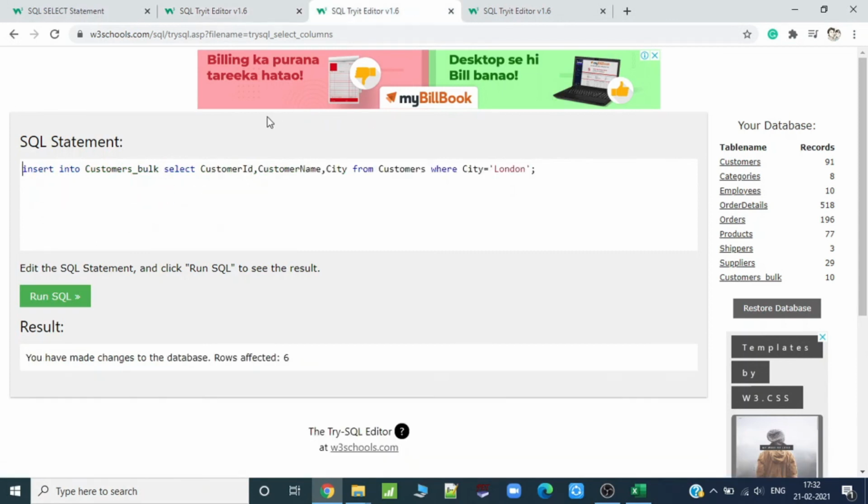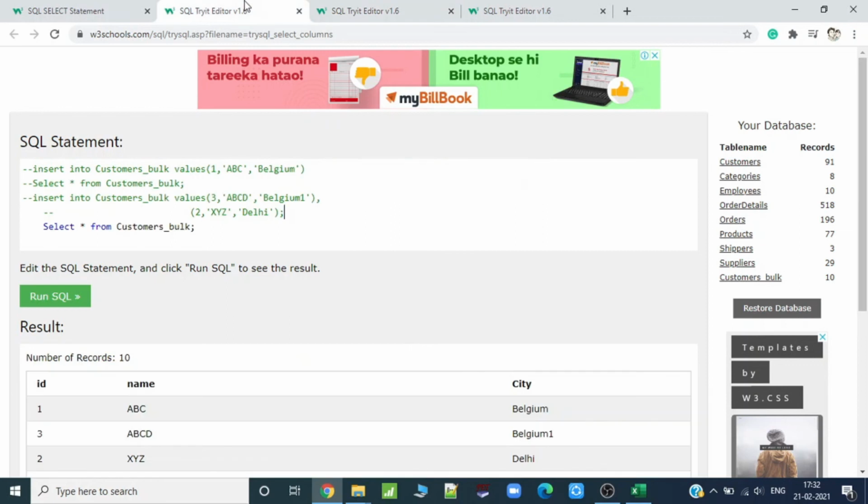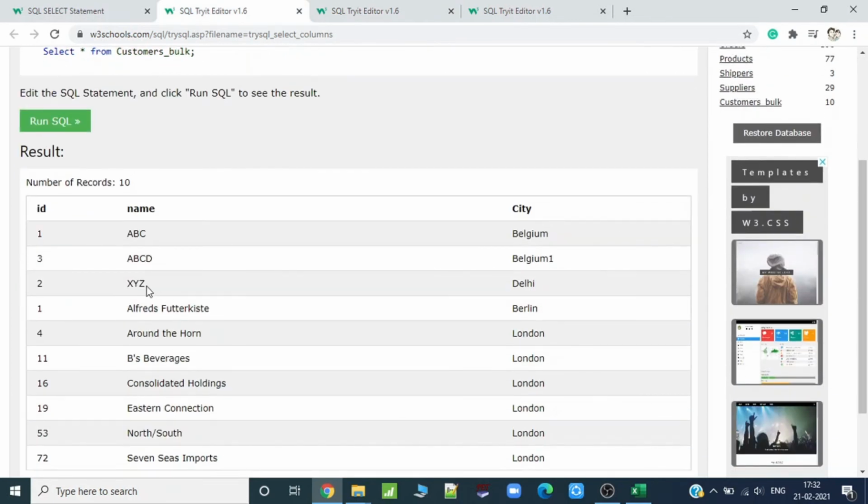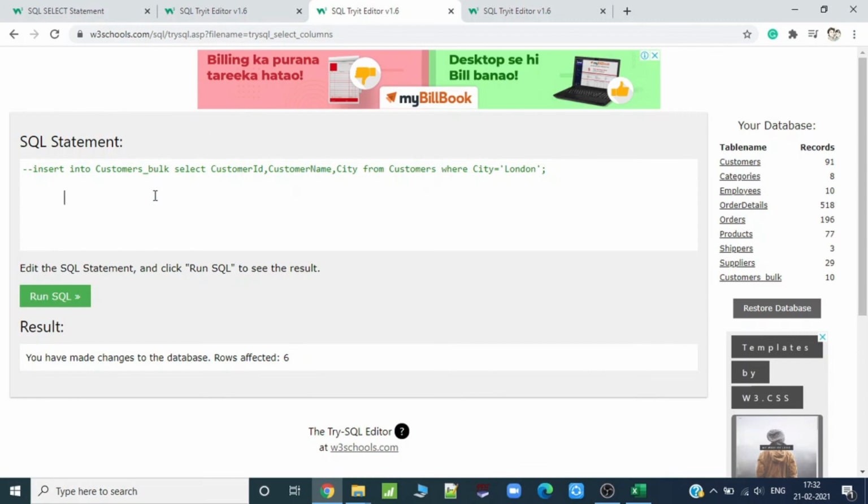Second thing is, now you want to update the value. Let's say you want to update XYZ to ABCDE, where city is Delhi. So I would just write an update query: update customers bulk, set name equals ABCDE.